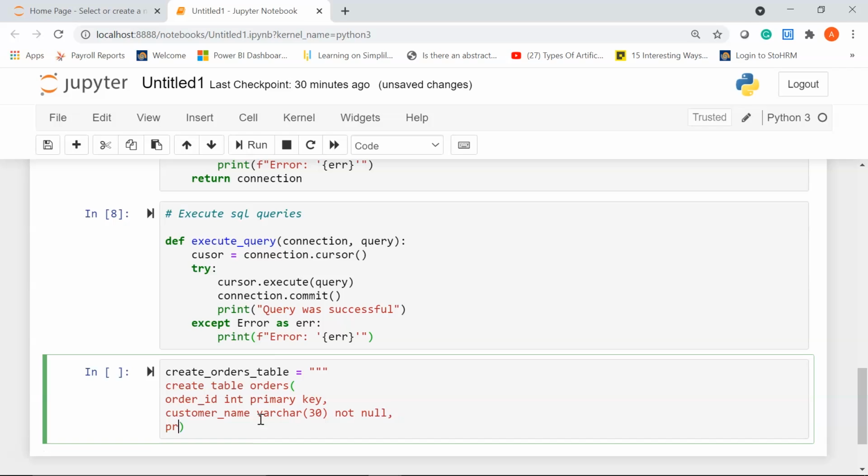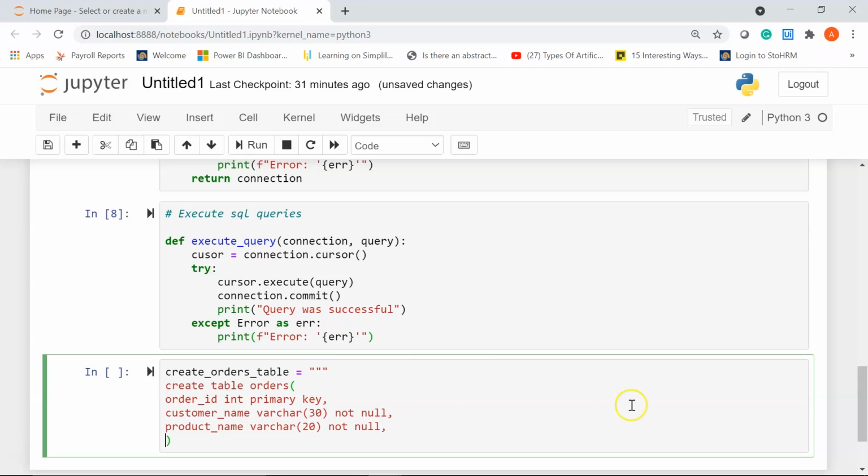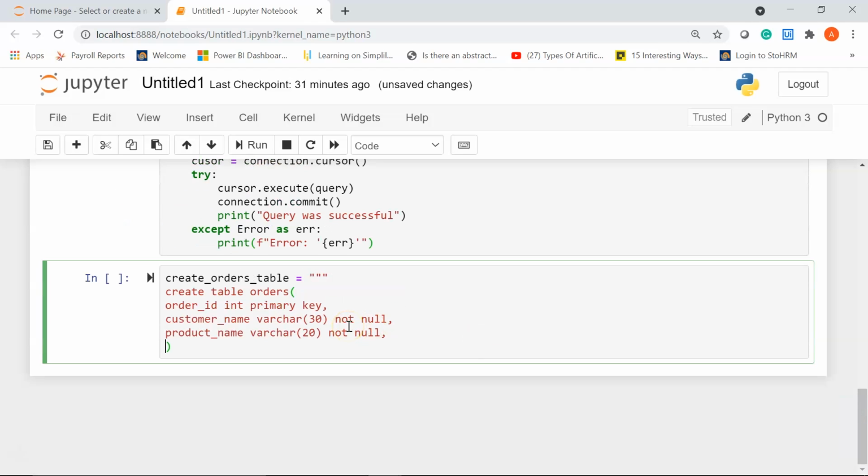Moving ahead, my next column would be the product name column, so I'll write product underscore name. Product name will be of type varchar. The size is, let's say, 20, and it is also not null. Next, I'm going to create my next column, which is the date on which the product was ordered. So I'll write date ordered.